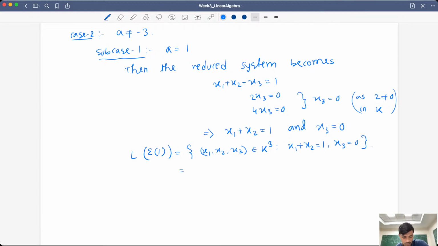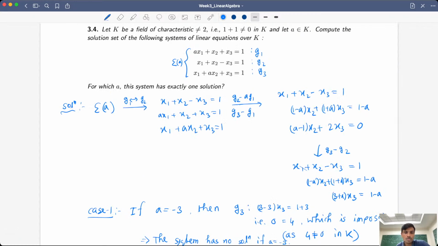So this is your solution set. In particular you can just write it as x2 is 1 minus x1, so this is x1, 1 minus x1, comma 0, belonging to k3, that means x1 clearly belongs to k. So this is the solution set. Okay, and in this case note that if your field k was infinite, then this set is clearly infinite. Now the remaining subcase that a not equal to 1,